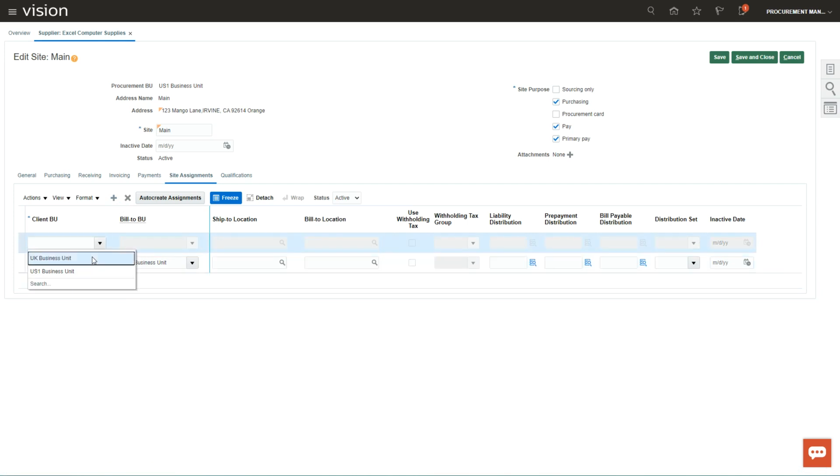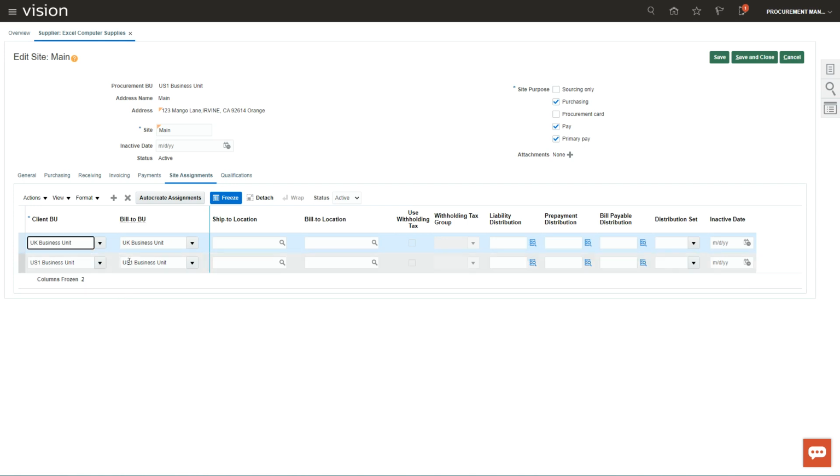If I set up UK business unit, what this means is this procurement site, called main, can create purchase orders for the US1 business unit as well as the UK business unit. The UK business unit need not have their own procurement department. They can order everything through this US business unit. So that's the concept of the client.